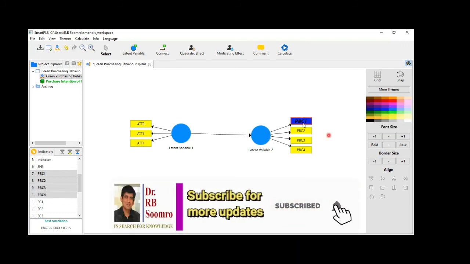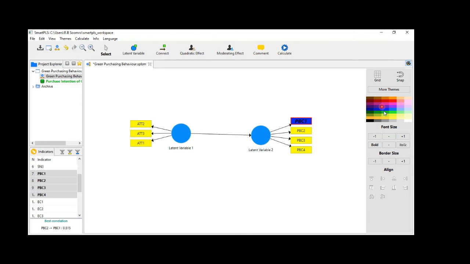Now see the red color, and another color, for example black, to the inner part. So now you can also change the colors of these boxes, the indicators, as well as the color of this one. If you do not like this color, then just press this one and the color will be changed. Although the combination of these two colors is looking fine, if you do not like it, it's up to you. You can change it.